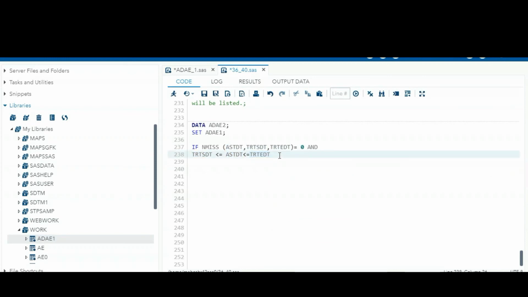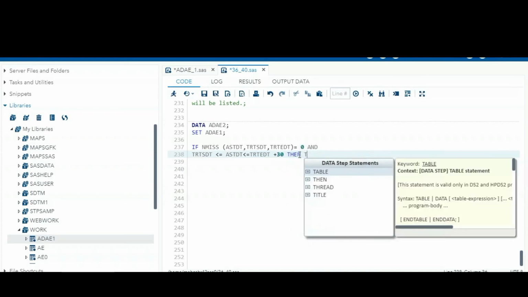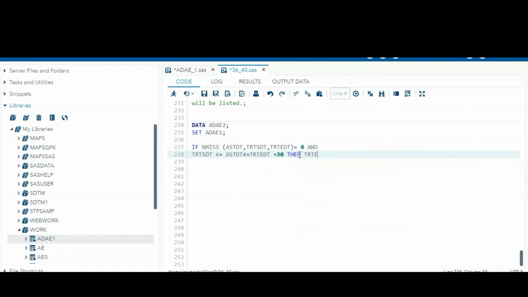As per the criteria, if they add plus 30 you can add that also. So the adverse event start date is on or after the treatment start date, and on or before the treatment end date plus 30. For example, today is the treatment end date, so we add 30 days. If the start date falls in that window, we can consider it a treatment emergent AE, so TRTEMFL equal to 1.